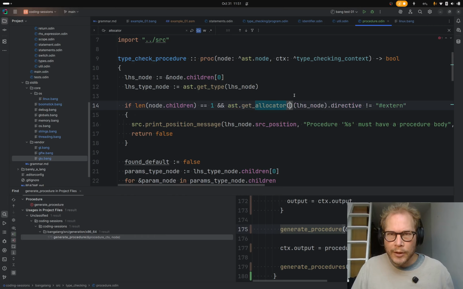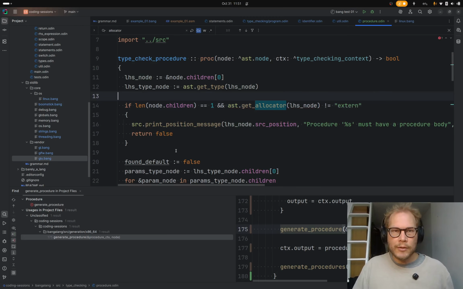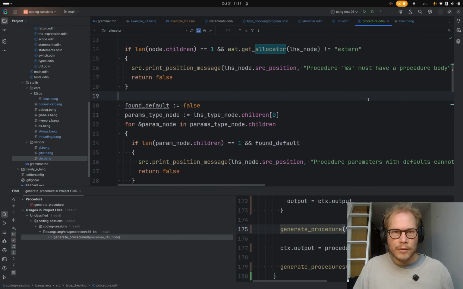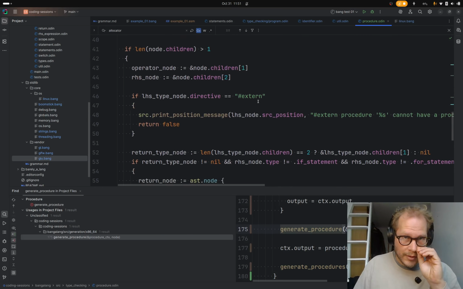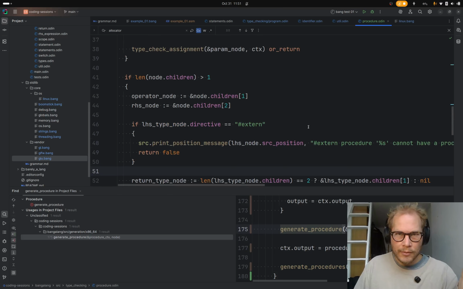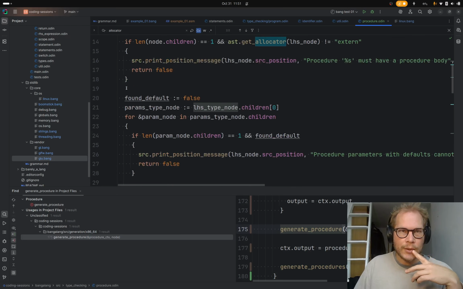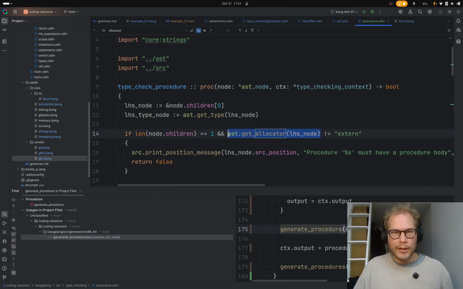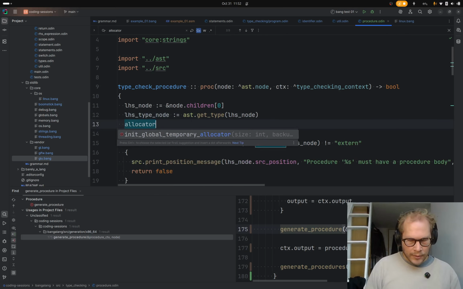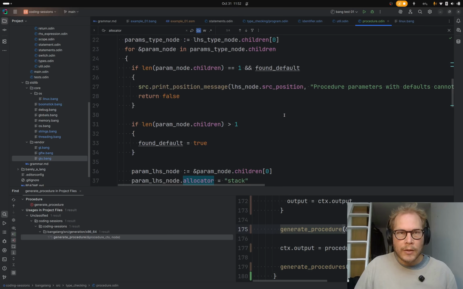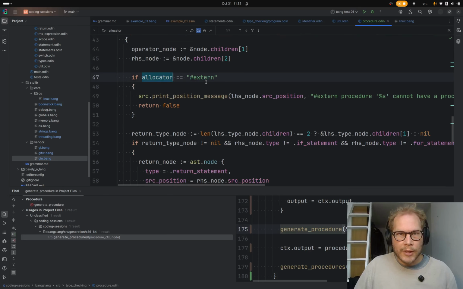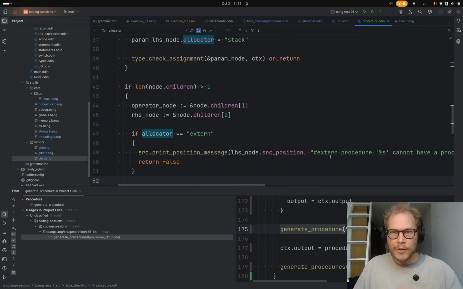What was it we were getting before? Getting the type, okay. And make sure it's not extern. Isn't there? Oh yeah, I thought so. So now we're making sure that it is extern. So maybe we'll get the allocator. And down here we'll say make sure that if the allocator is extern, then we should not have